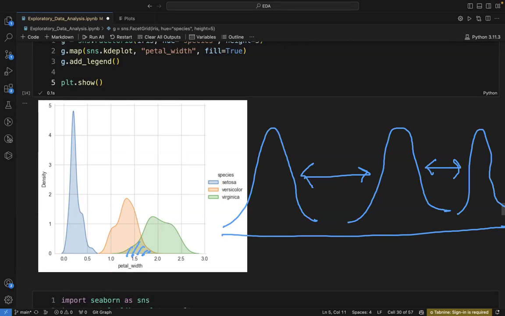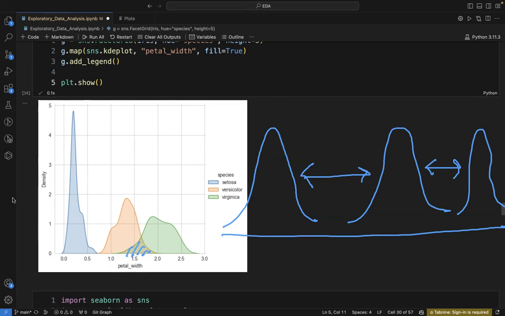So this is almost as good as it was in the previous cases, roughly the same thing. Now, if I have to choose between, let's say, petal length and petal width,